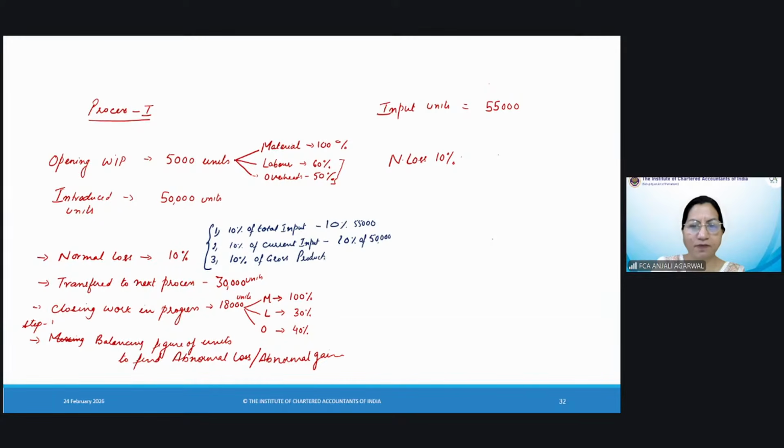So if it is said 10% of gross production, how much is that? Opening plus introduced minus closing. So gross production is 5,000 plus 50,000 minus 18,000. 55 minus 18, 37,000. In that case, the normal loss would be 3,700